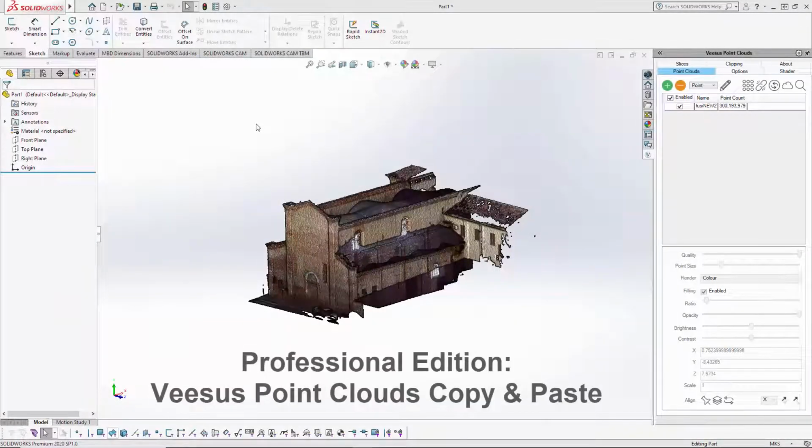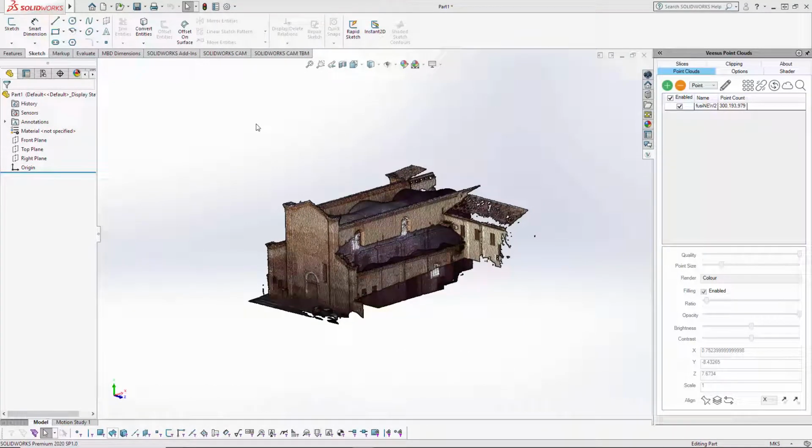Veesus point clouds for SolidWorks, copy and paste. Unlike another video you may have seen regarding copying parts or the entire point cloud or point clouds, this is to allow copy and paste between different documents. So where you have different windows,